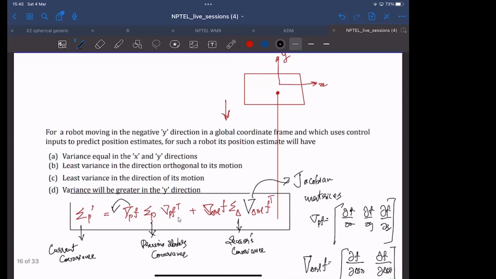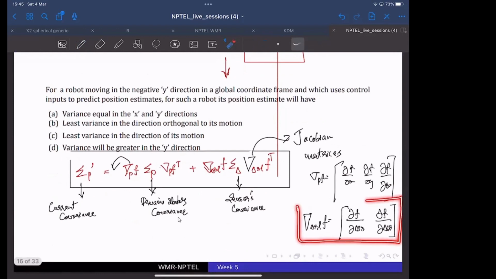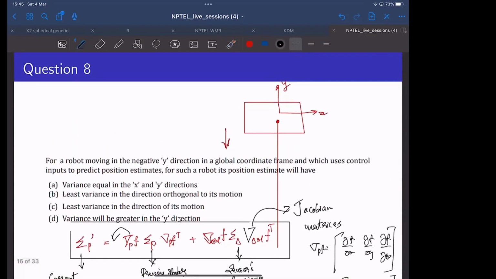So this one corresponds to the Jacobian matrix corresponding to x, y, and theta, and this one corresponds to the Jacobian matrix with respect to the left and right wheels. So this F is basically the vector x, y, theta